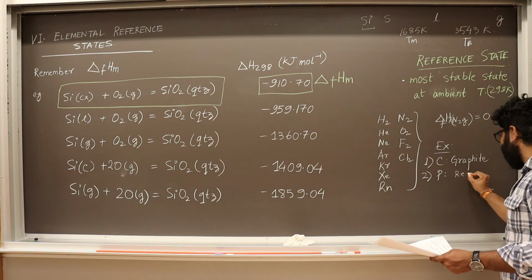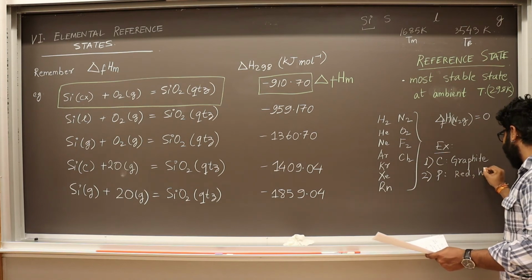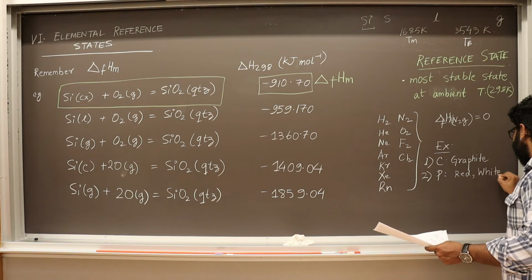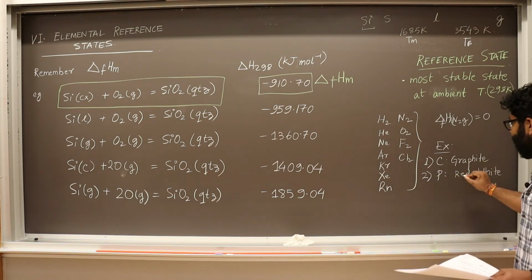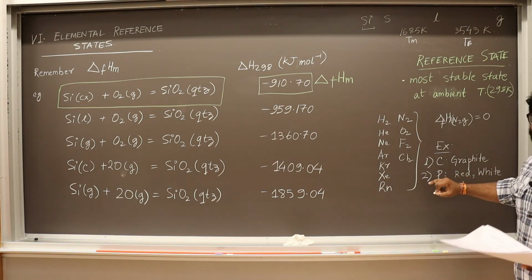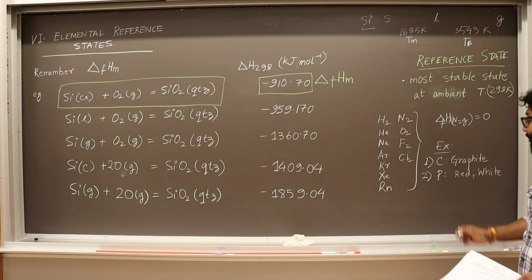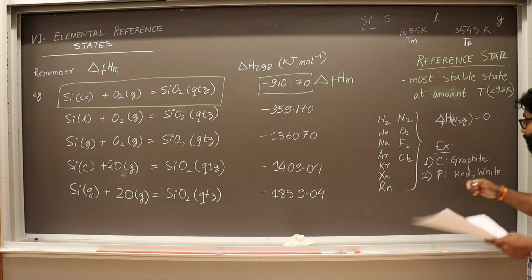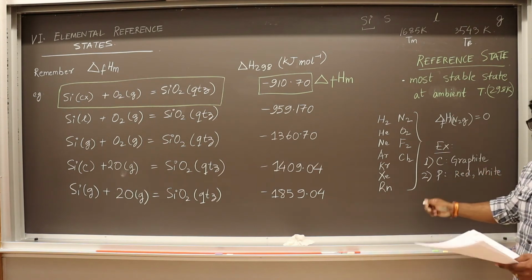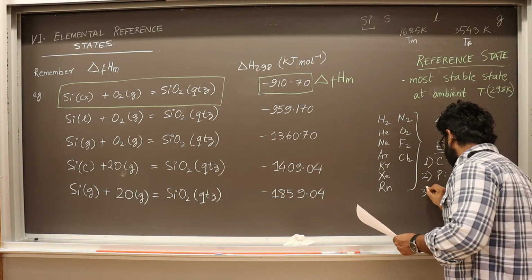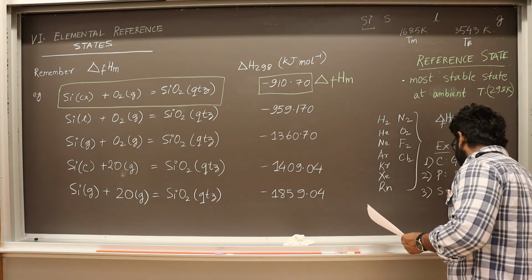You can have red phosphorus and you can have white phosphorus. So there will be some books which follow red phosphorus as the reference state, and there will be some books which follow white phosphorus. Now, we'll have to keep in mind while doing actual calculations which elemental reference state we are following for this. The third is sulfur,